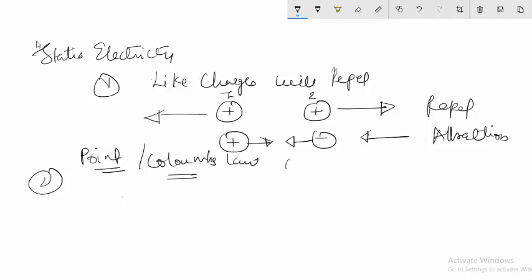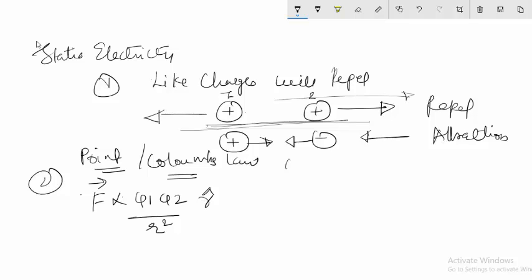The force is directly proportional to the charges and inversely proportional to the square of the distance. The direction of the force depends on whether both charges are the same, in which case the force will be away from the other charge, and the direction can be given by the unit vector or the position vector,